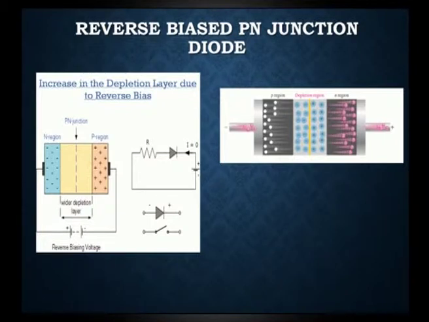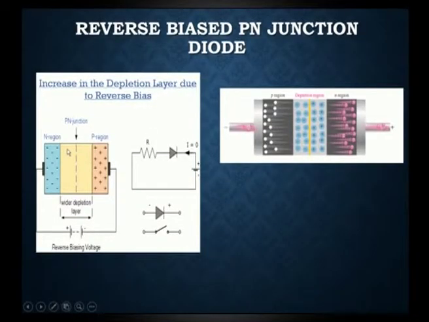We can also observe here that the PN junction has a wider depletion layer. Why does it have a wider depletion layer? Because whatever supply voltage we vary directly affects the barrier width. If we increase the voltage in forward bias, the barrier width decreases, that is the effect in forward bias. Similarly, in reverse bias it is opposite to that. Whenever we increase the voltage, the barrier width also increases.